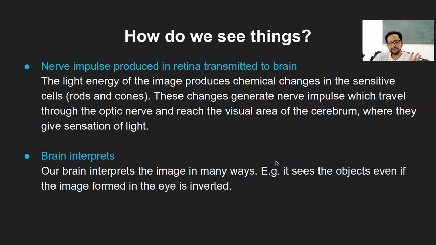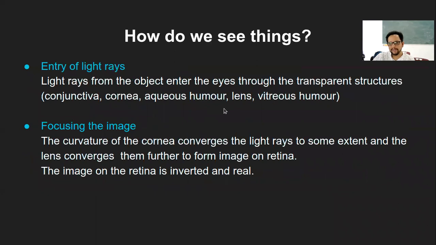And the major questions asked in this topic are objective type questions. For this time you have only MCQ, but when we go to the second semester, there may be questions on the sequence of entry of light rays, or which is the first structure where the light converges in the eye. Most people write lens, but that is not correct. It is ideally the cornea which converges the light first, and then further convergence happens with the help of the lens. So that is a common thing.